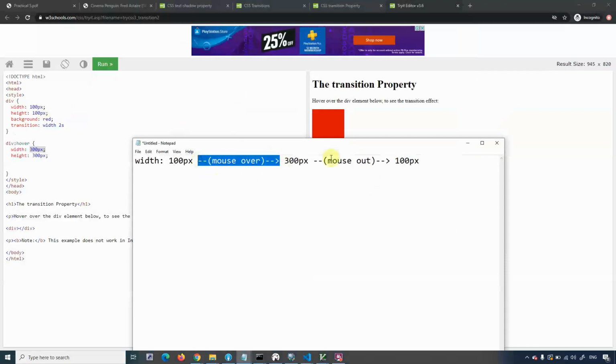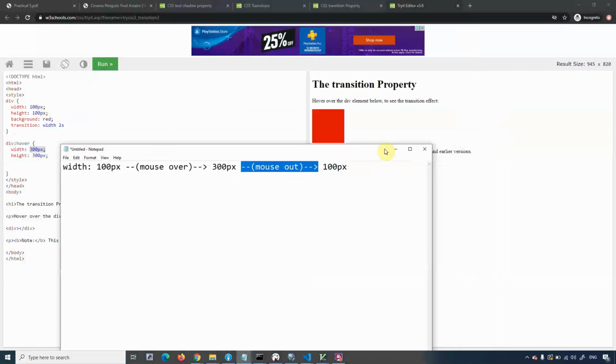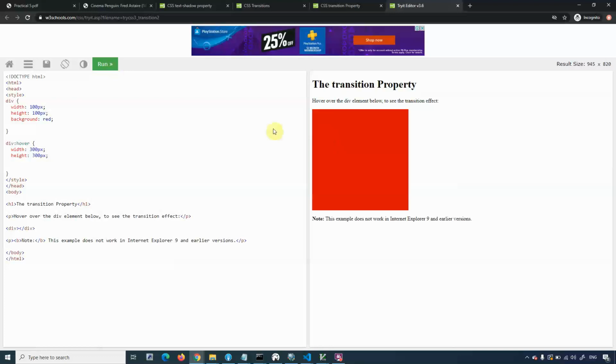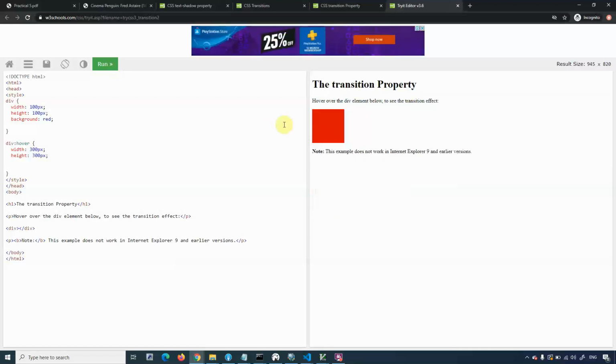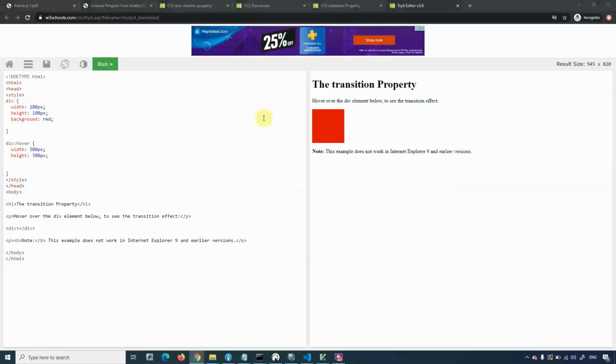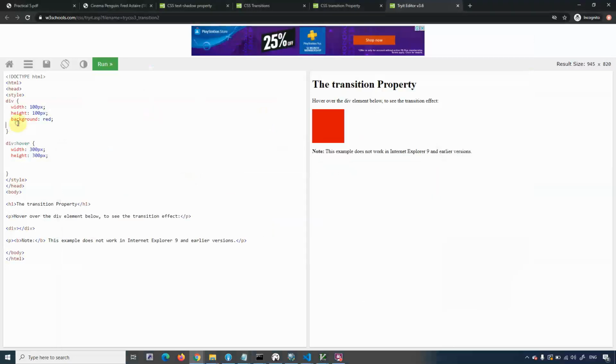So this event here, by default, it has no animation. Okay, without this, it hasn't got any animation. So you'll see just a sudden change from small box to a big box, then coming back to the small box, right? No transition in between. And when you put in a transition,